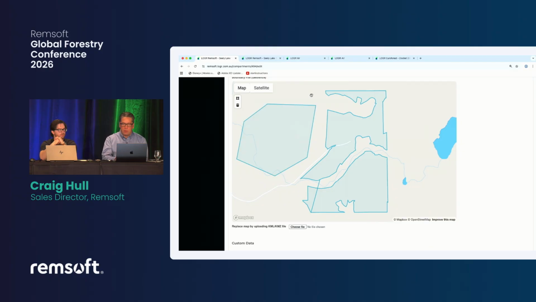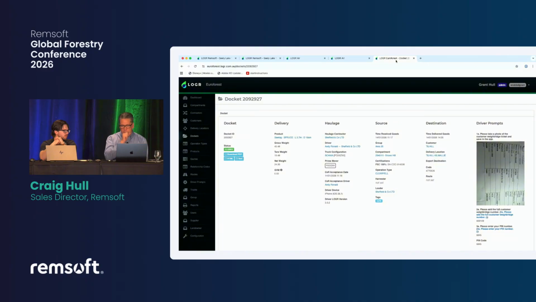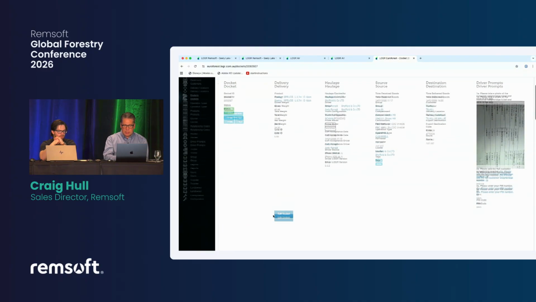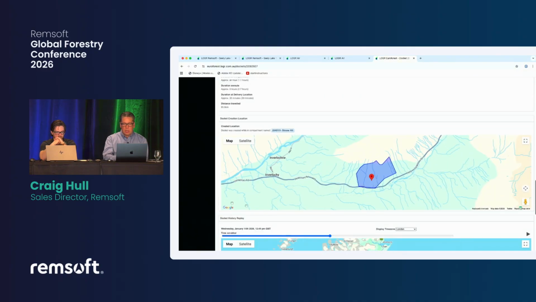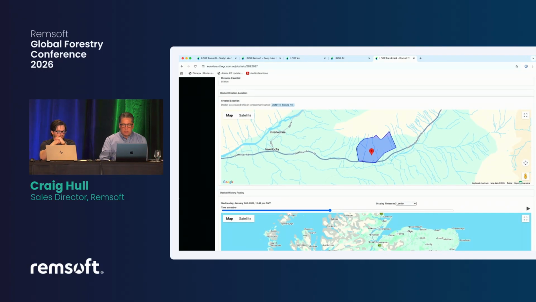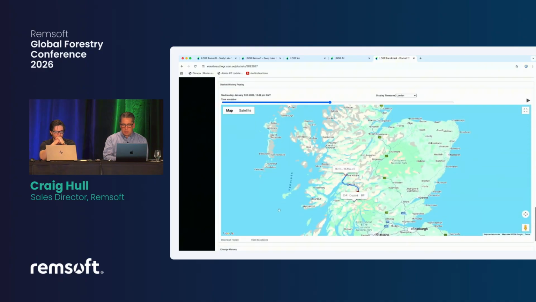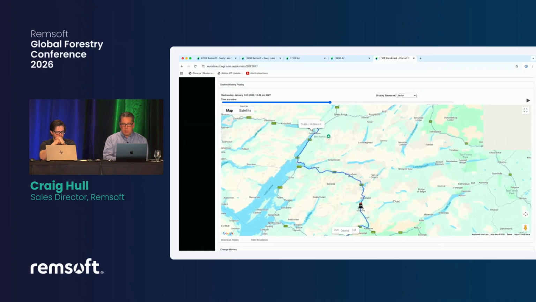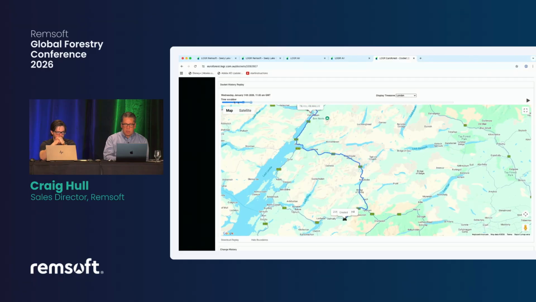I'm not going to be moving in our demo, so I just want to flick over to a customer that's allowing me to show a completed docket, this being in Scotland. You can see here that this operation has its geo shape, and we've tagged the driver as being in there. That's helping them support creating of the docket, and as mentioned, recording its GPS, replaying it in a time series